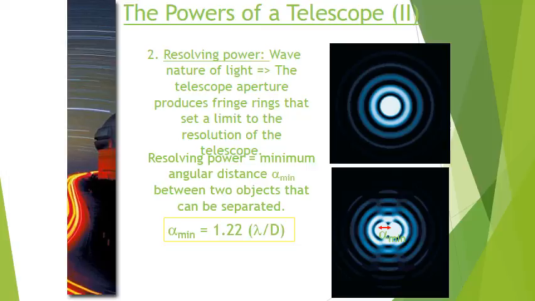And that's, again, given by this little equation. This funny-looking Greek letter, alpha, is the angular separation between 2 objects. And that will decrease as you increase the diameter of your primary objective. So again, the larger your telescope, when this goes up, this goes down. The closer 2 objects can be, and you can still resolve them as 2 separate objects with that telescope.